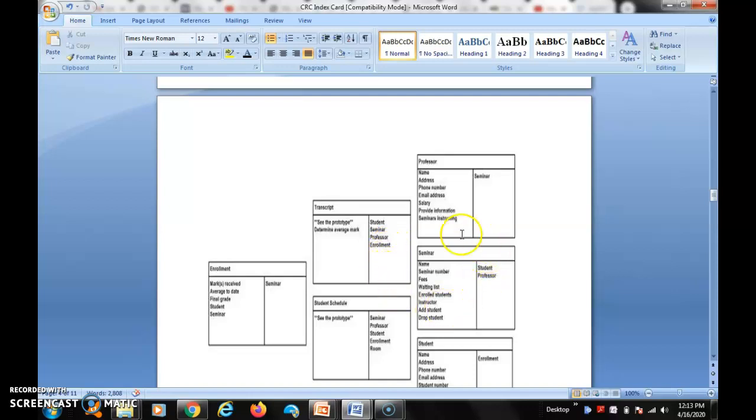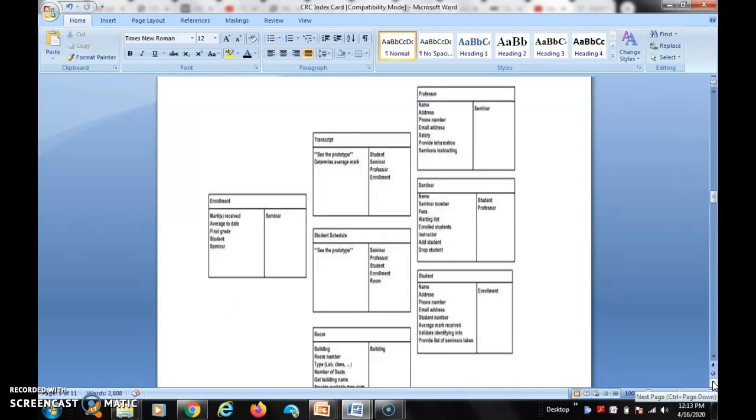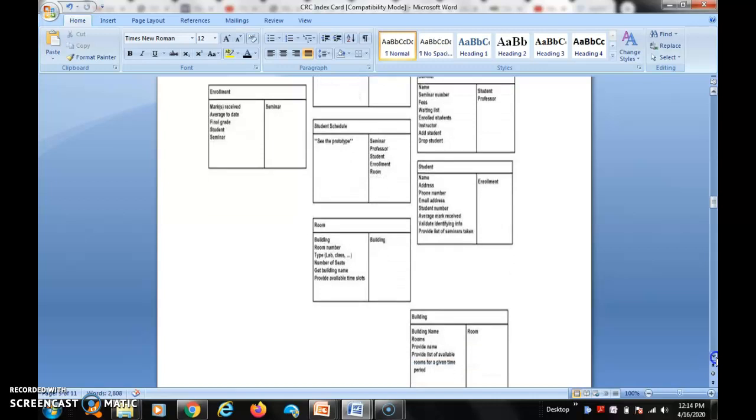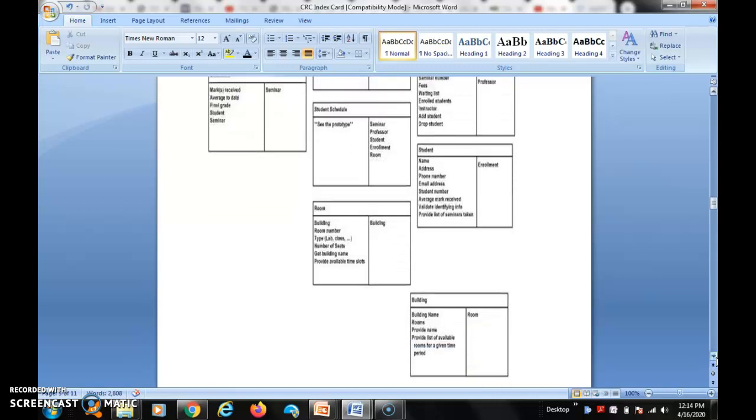Likewise, it is a system, a separate system. It is displayed in this collaboration. Separate system. The model is a combination of more than one system. Here, building. So building, it is a system. So here the building name, and then region, and address of the building, and that is for responsibility. Then collaboration, it is a room. So every building has a room.